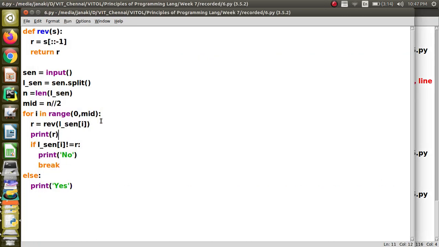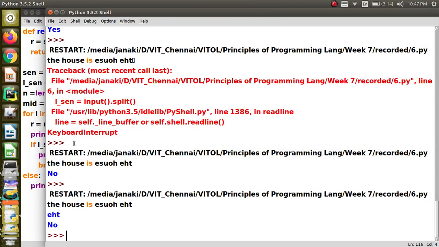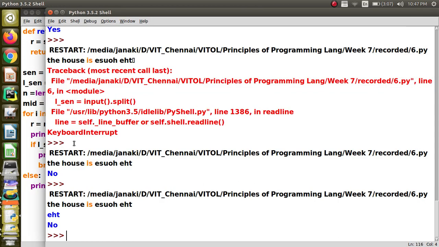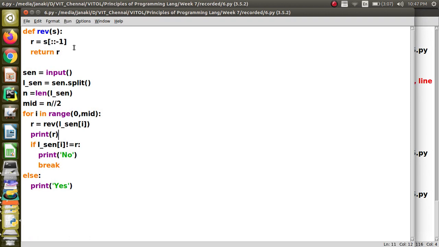No, immediately. Why? It is not equal to r. Okay, l of i, reverse. Okay, it should be s of colon colon minus 1 is the reverse. Reverse of that will be equal to, sorry, here is the mistake. I should not compare with that particular word. I should compare it with the last word.